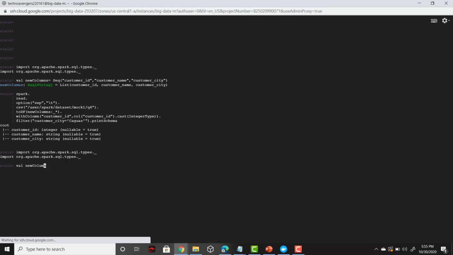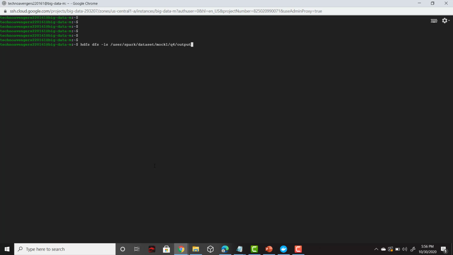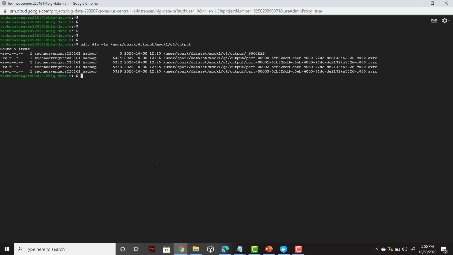I'm going to run the complete solution now, in which I will be compressing my output with the deflate compression codec and in the Avro format. So let me run this now. The solution ran properly. Let me go to this output location and see what has been saved. In here you can see .avro files have been saved, but you cannot see the .deflate extension. So sometimes you may get confused whether the compression has been properly applied or not. In order to check that, you may have to use the Avro tools to check your final output. If you're sure, you can skip this step, but if you're not sure, you can make use of Avro tools.